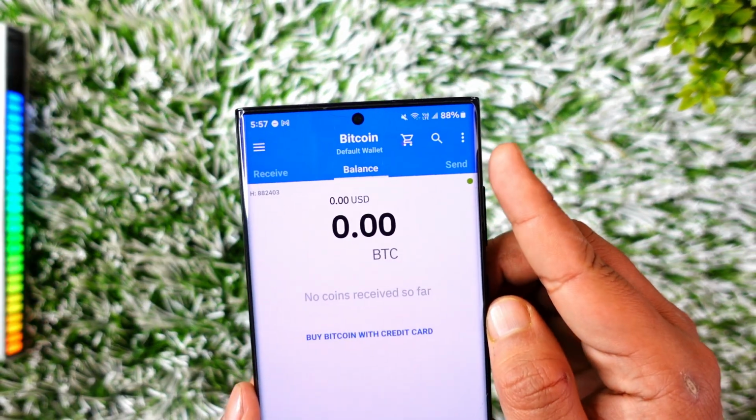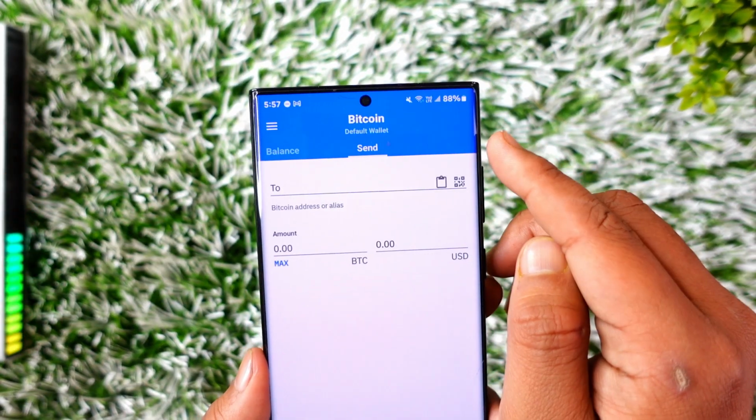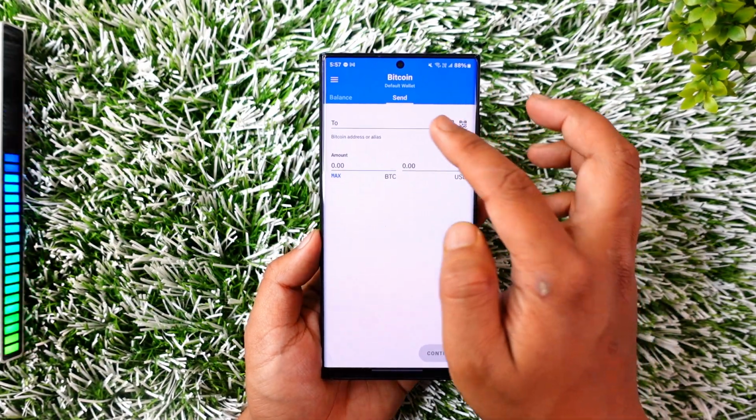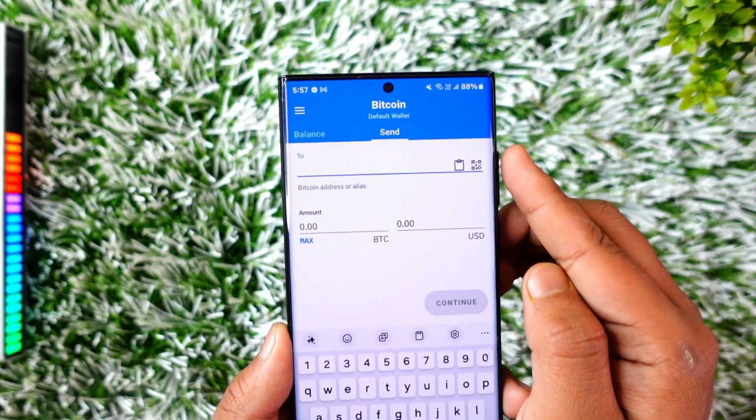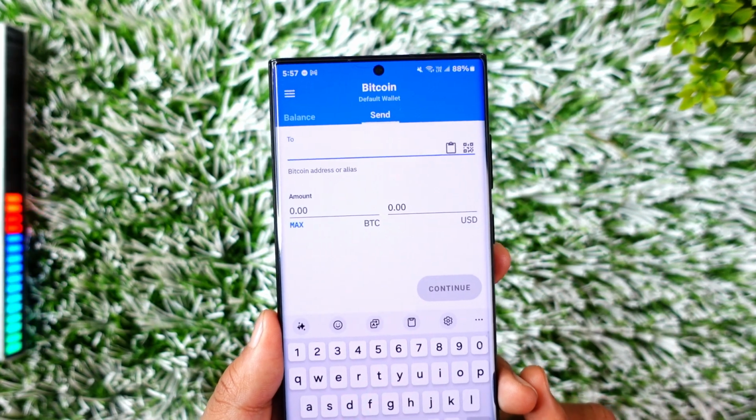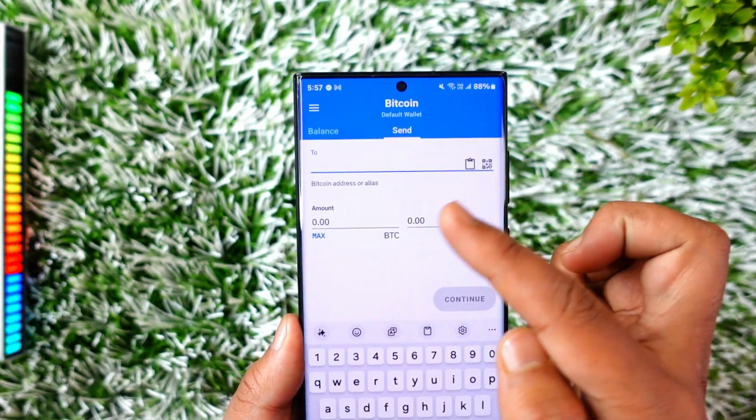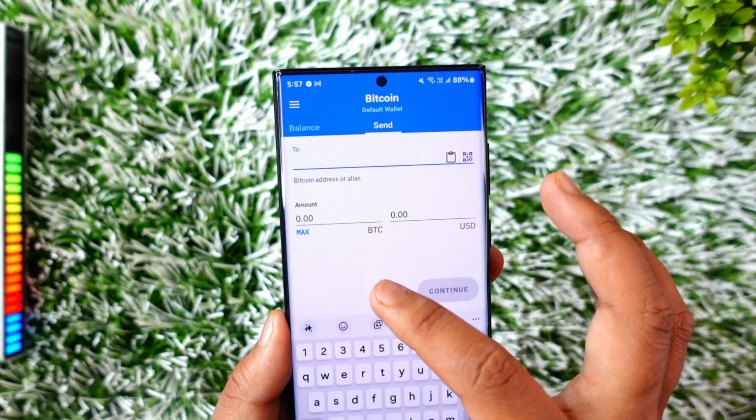At the very top you can see this option that says send, so tap the send option over there. So when you tap on send, over here in the to section you want to simply paste the wallet address that you copied. So once you paste the wallet address, enter the amount of the Bitcoin that you have,